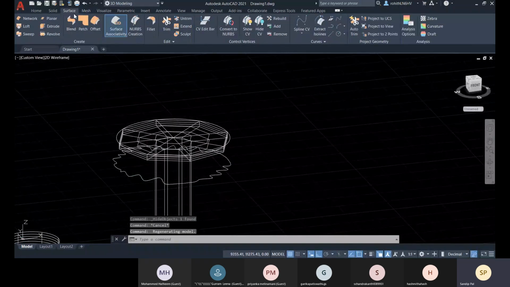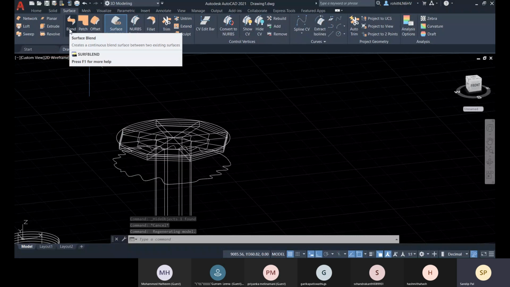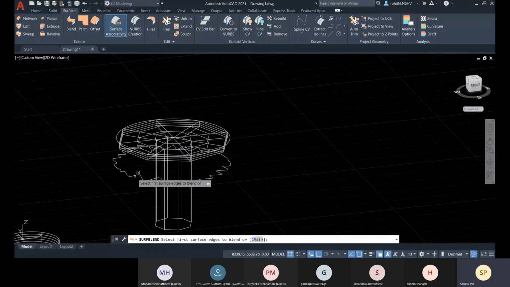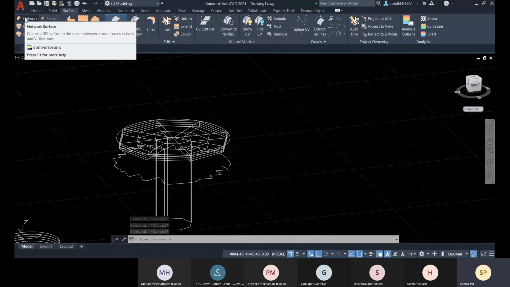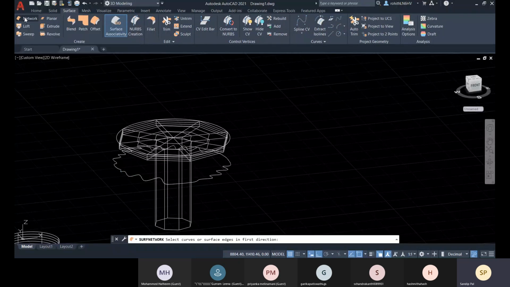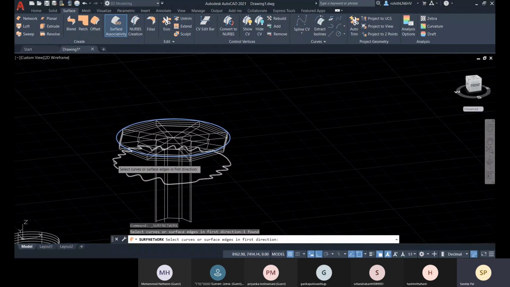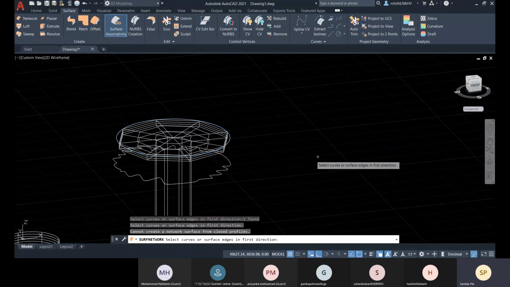and you go to surface. There you have this blend option. You select this, and go for network. Select this and select this.